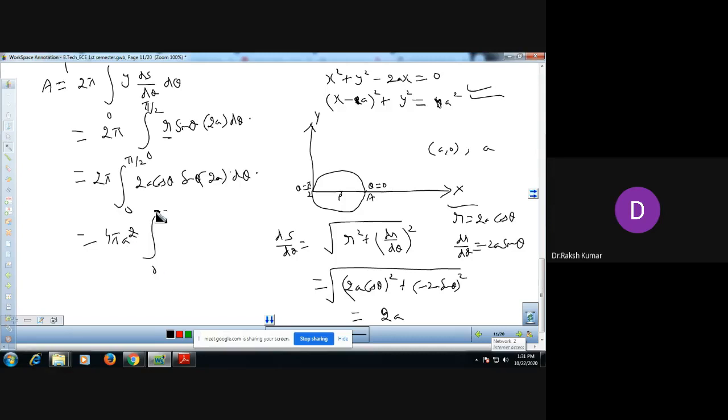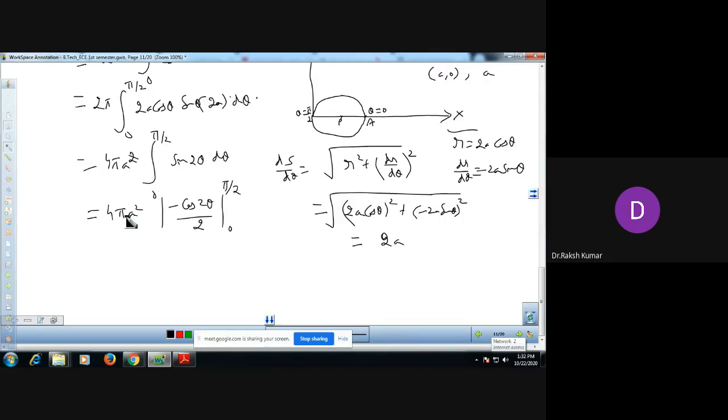So the formula is a sine 2 theta d theta. So the 1/2 will be kept inside, and it can be integrated now. Integration of sine is minus cos 2 theta over 2, and substitute the limits 0 to pi by 2. Now this 2 can be cancelled with this, the minus can be taken out, minus 2 pi a square cos 2